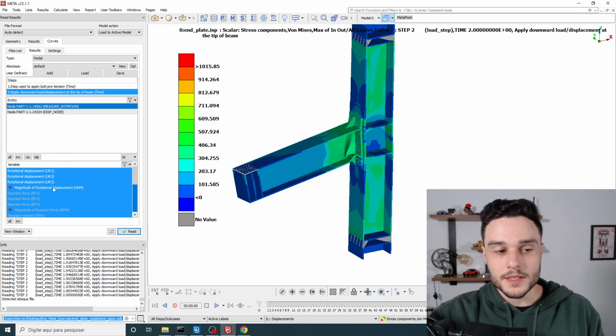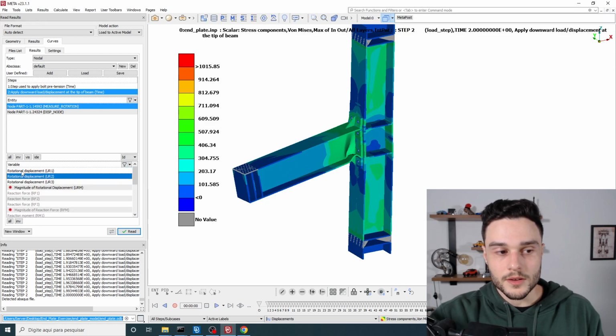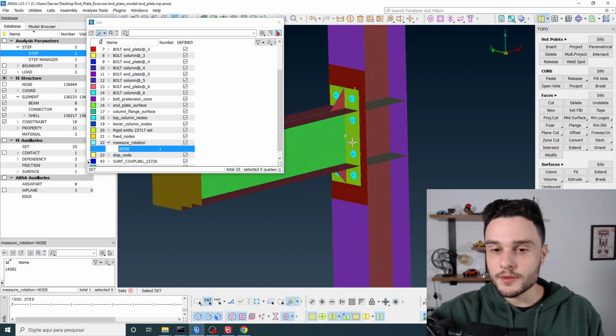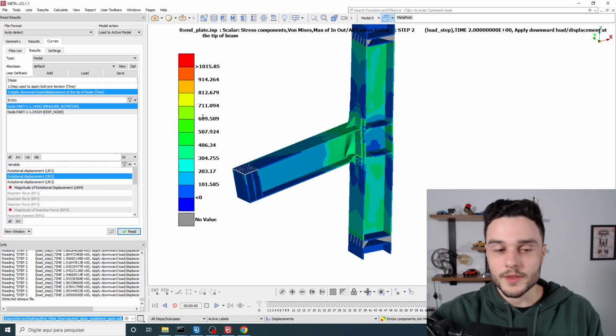And then in here we can select what we want to calculate. In this case, I have rotational displacement available to calculate, which is what we have requested. I want to calculate rotation about the y-axis. Okay, so rotation about y-axis is UR2. UR1 is about x, UR2 is about y. So select UR2. And then if I click on read,